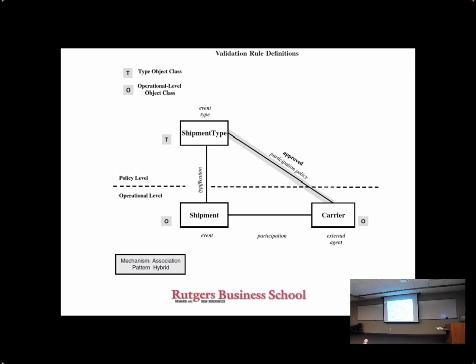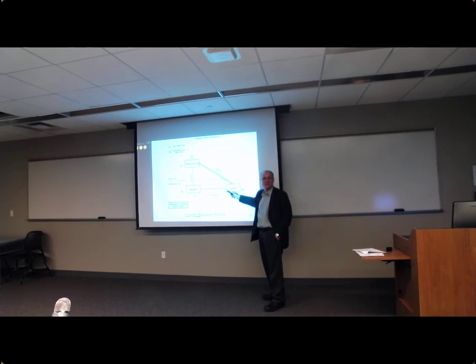UPS, right? We are talking FedEx. Maybe we are talking about DHL, right? I don't know if there is any other viable carrier that you can use. So there is absolutely no reason to have a policy level class for the carriers. So that's why we're dealing with a hybrid pattern